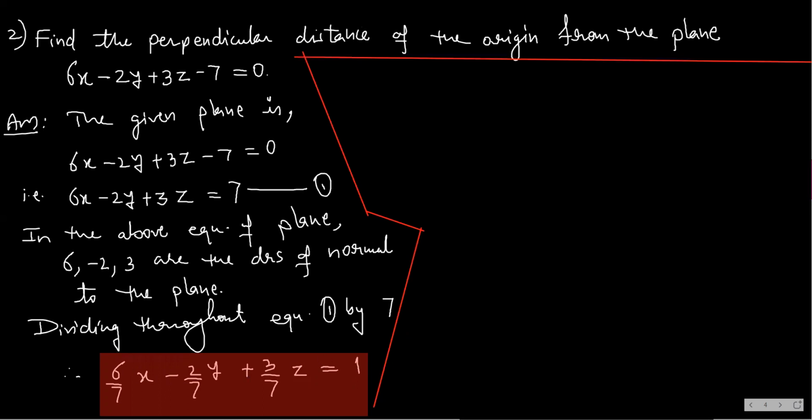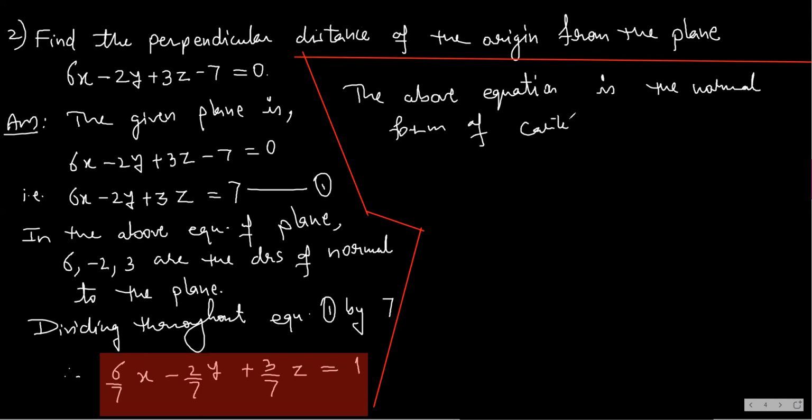I will write: the above equation is the normal form of the Cartesian equation of a plane, that is, in the form